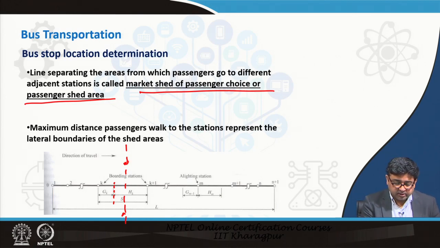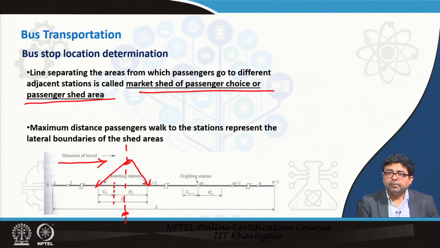If you were staying on this midpoint line and your direction of travel is here, so you want to board at one of these two stations, k or k plus 1, and want to travel to m or m plus 1. What would you intuitively do? Although you are right in the middle of those two stations, where your travel time to this and this may be equal, what you would want to do intuitively is travel to the station that is in the direction of travel, right?